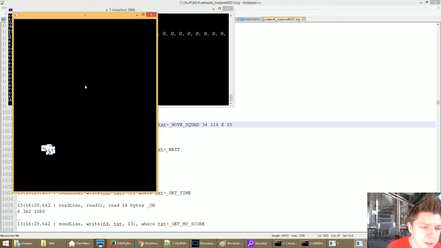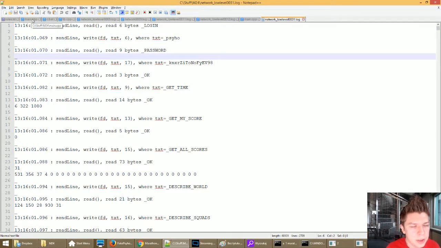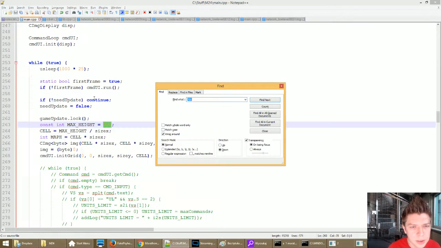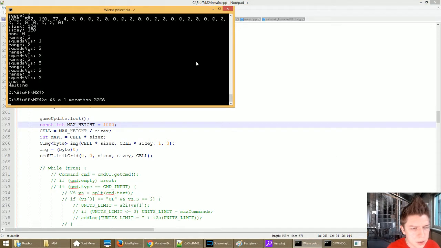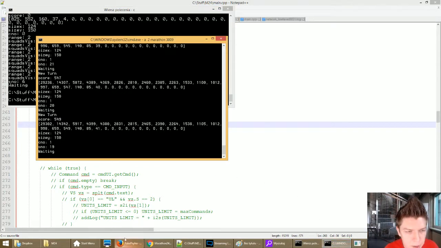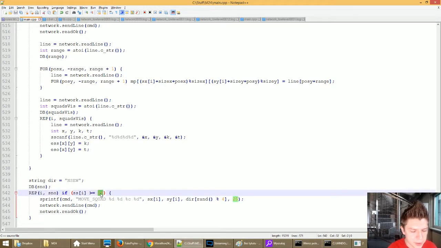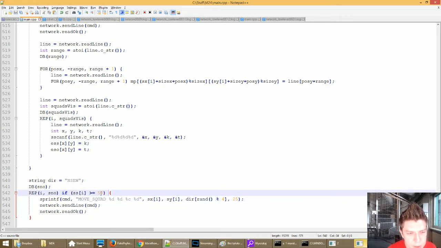Okay, so you can finally see that something happens on my visualization. I'll make it a bit bigger because I have 1080p in vertical, and I'm using only 700 pixels, so I'll make it 1000. It should be a little bit bigger. So one very stupid thing I'm doing right now is that my squads are standing still on empty cells, and staying still on empty cells doesn't make any sense. They don't have any function, so